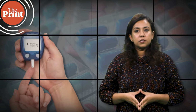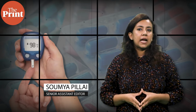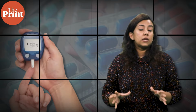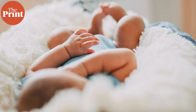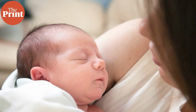Diabetes is usually understood as a disease that develops over time, shaped by lifestyle, immunity, or aging. But in rare cases, it appears almost as soon as life begins. Some babies develop dangerously high blood sugar levels within weeks of birth, long before diet, environment, or immune attack could